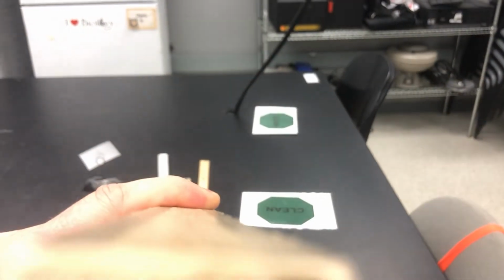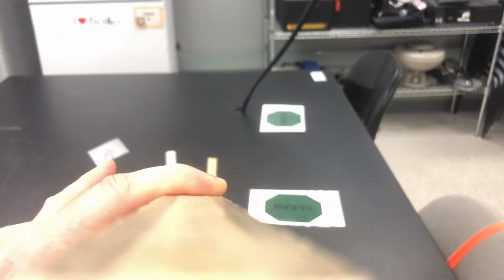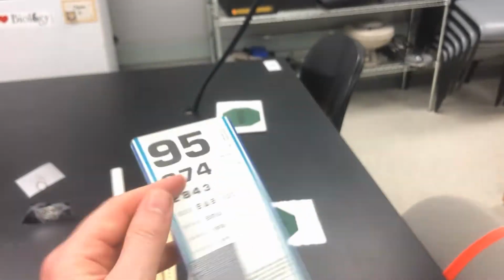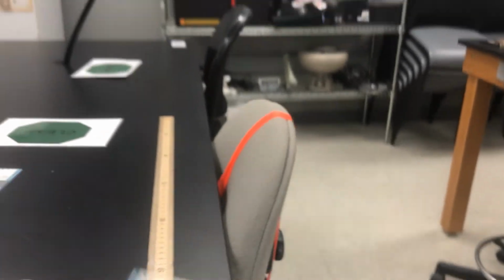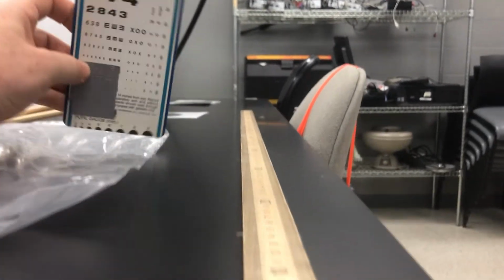These yardsticks here are for measuring what we call accommodation. So with accommodation, what we're going to do is hold that yardstick right up underneath your eye. You're going to hold that right up underneath your eye, right on your cheekbone. And we have these little cards here that have teeny tiny little text. So find the smallest numbers you can see on here. And what you're going to do is, I'm going to sort of simulate this. You're going to have that yardstick on your cheek, and what you're going to do is